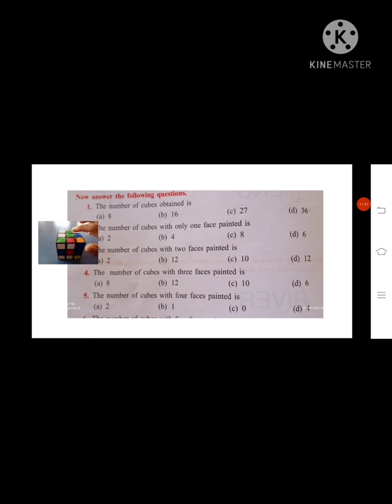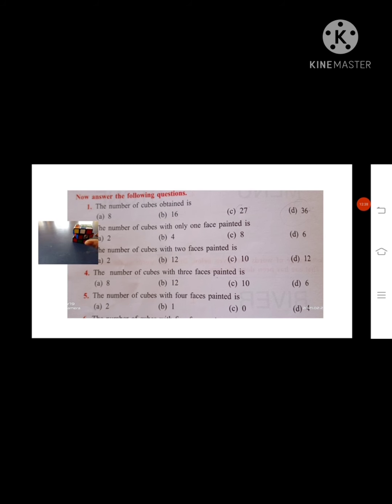So students, see here, the number of cubes with two faces painted we have to count now. This is 1, 2, 3, 4. These are 4. Okay. And if we see this, this is also 4, 1, 2, 3, 4. Then 4 and 4 means 8. And if we see the third block,